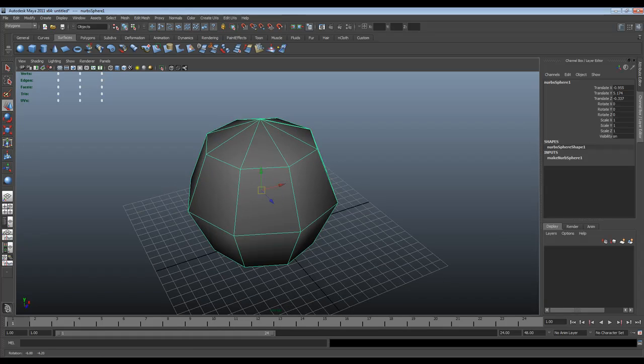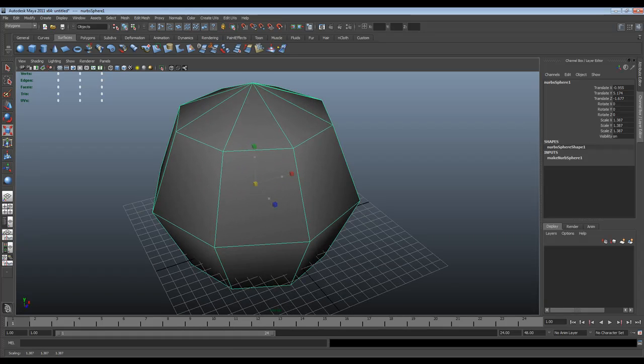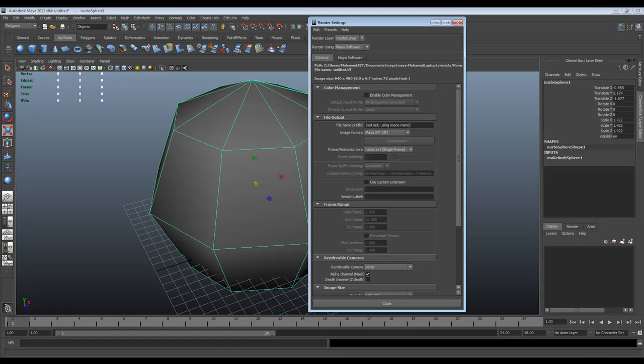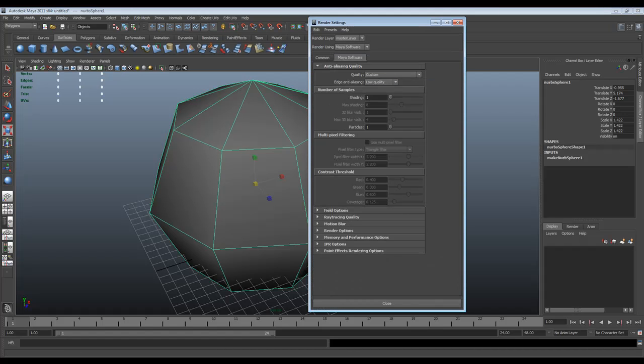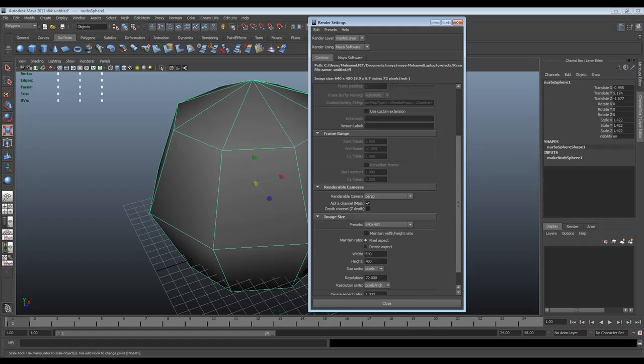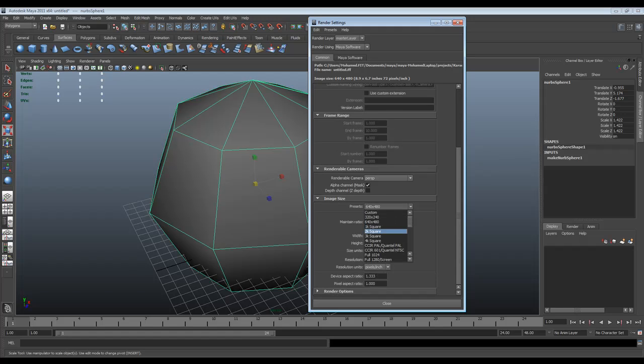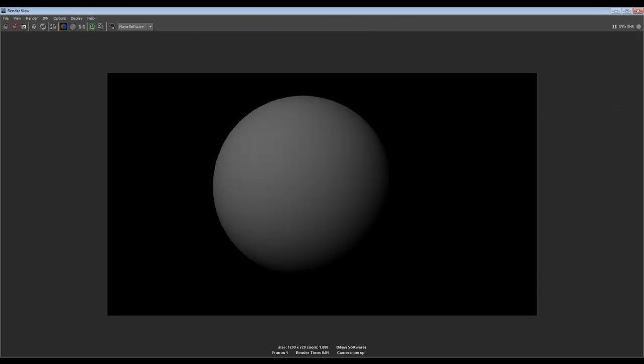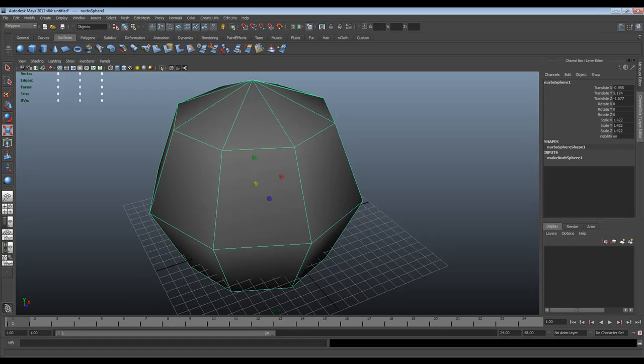Let me try to scale this up, and let me try to increase the size of the render to something like HD 720p. There you go. Close and render. Okay, so this is basically a sphere. Okay, now